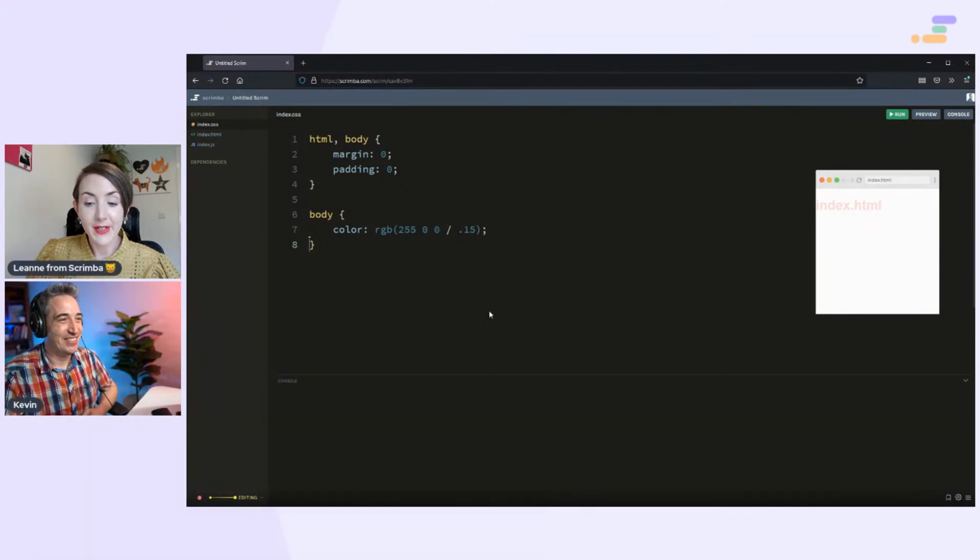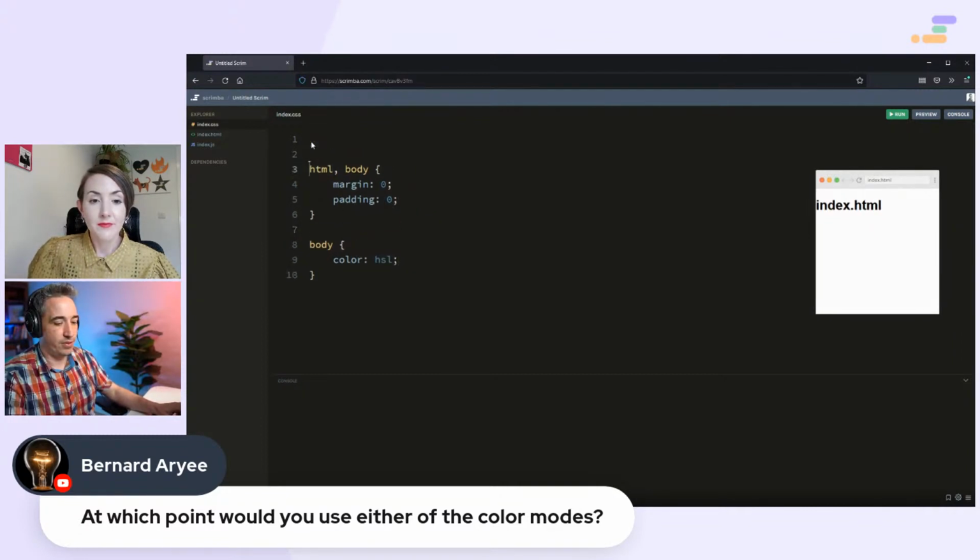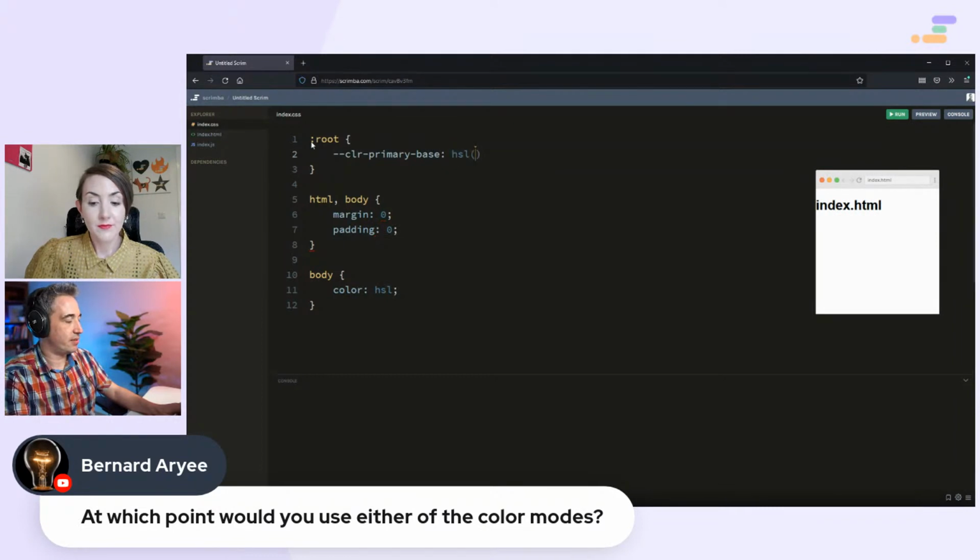Yeah, we really do. Bernard asks, at which point would you use either of the color modes? So I think that's RGB and HSL. Yeah. I've started using HSL a lot more, because a lot of the time I usually do it for my custom properties. So you have your whole color theme. If I had my color primary, I usually do a numbering system, but let's just say we do base. And so I have an HSL that's, we'll do 250, 50%, 100,